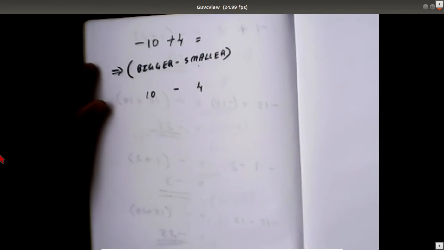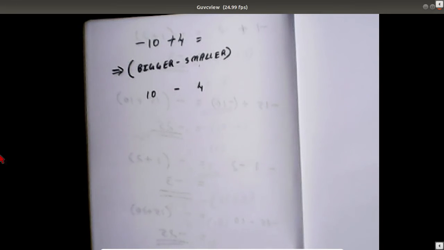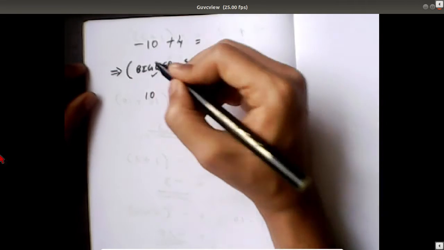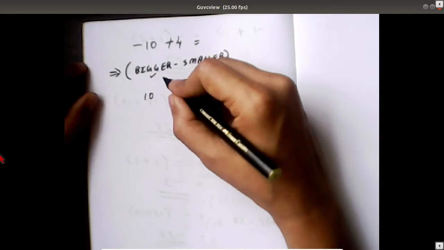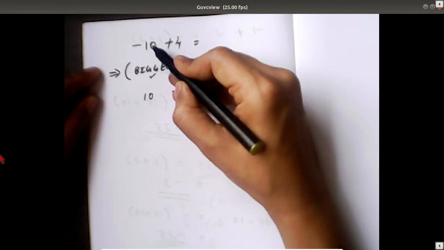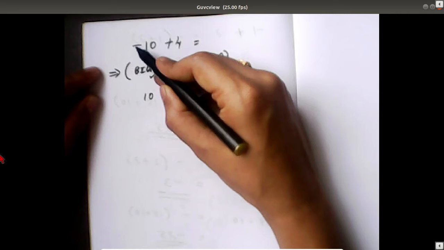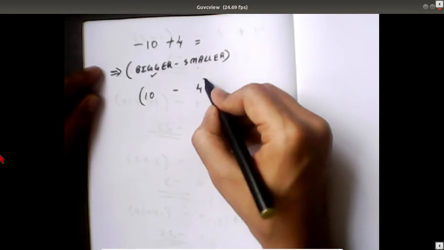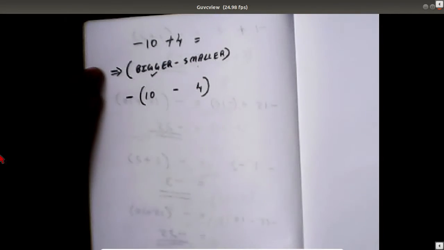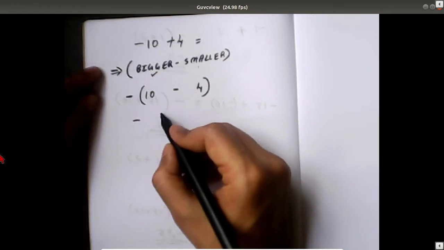And what should be the sign of the result? The sign of the result should be the sign of the bigger number. What is the bigger number here? The bigger number is 10. And what was the sign of this number? Minus 10. So let's take minus here, and this is the answer. The answer is